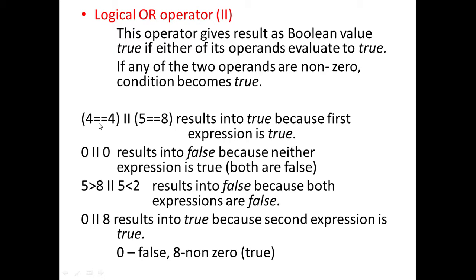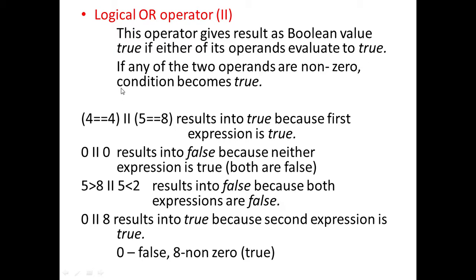Or is like this. For example, if I will say, if someone is getting marks equal to 33 or greater than 33, mark him pass. So here we are having two conditions. If any one condition is true, then he will get pass. For example, if he has got 33 means equal to 33, then also he is pass. And if he has got more than 33, like for example 50, then also he will pass. So here what we are doing, we are giving true value if any one value is true.